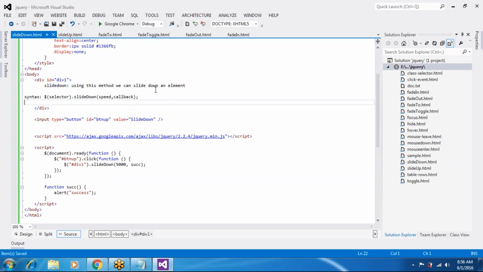So these are slide down and slide up, and next one is